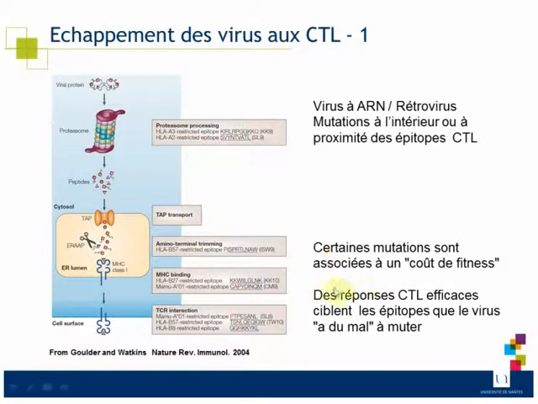Okay, it doesn't all go in the virus's favor, because some of these mutations might touch essential proteins for the virus, and they'll be associated with a fitness cost. A good example is the response to HIV-1. This capsid epitope is restricted by HLA-B27. People who are infected with HIV-1 and who have this HLA allele have a slower disease progression than everyone else. That's because their CTL response is really great. And the reason it's really great is the virus can escape from this CTL response. But if you